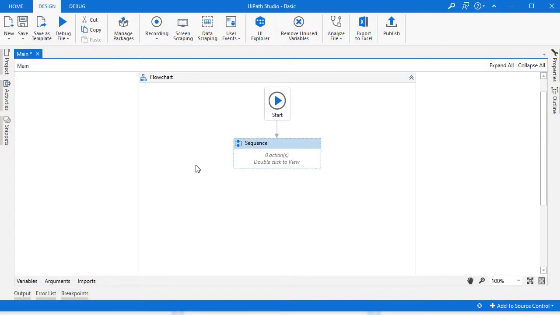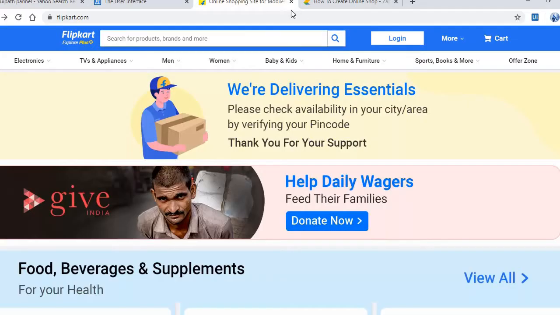I am showing you one small example. Suppose we need to take some input, some keyword from the user, and we need to search that keyword in the Flipkart search engine, and we will save the data related to that search in an Excel file.